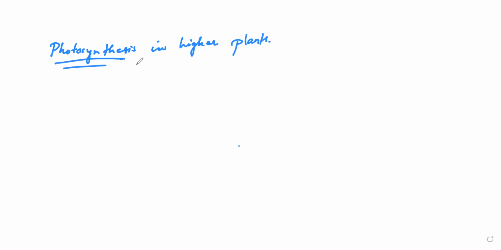Okay, so photosynthesis in higher plants. So we already know what is photosynthesis. So what is photosynthesis? Photosynthesis is nothing but a physico-chemical process